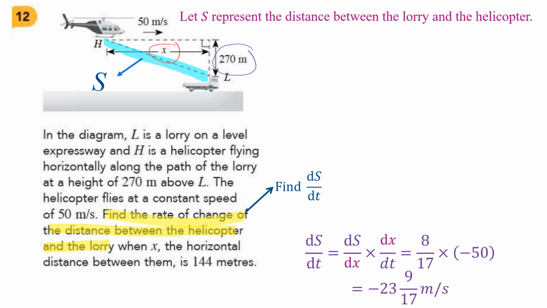Then the next thing is that I'm going to let S represent the distance between the lorry and the helicopter. And we're going to use Pythagoras theorem to form an equation involving S, X, and 270. Yes, so S squared is equal to X squared plus 270 squared. And we're going to make S the subject. Why do we want to make S the subject? Because